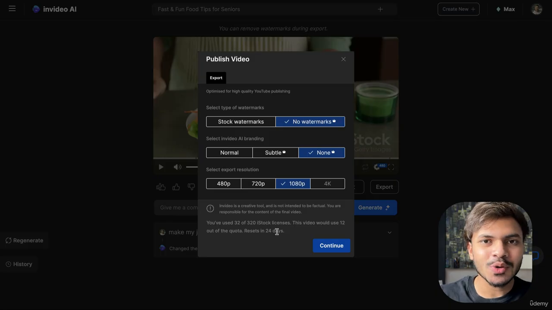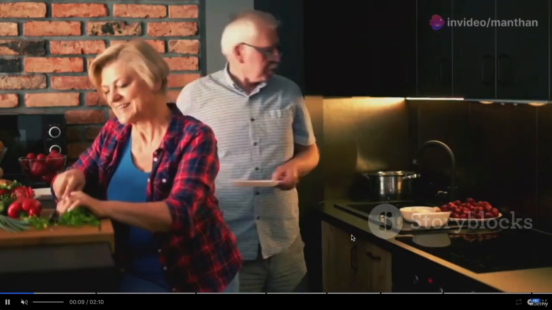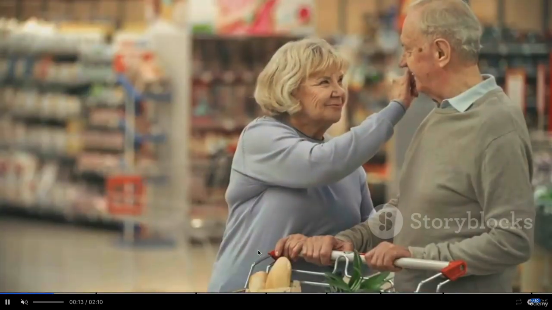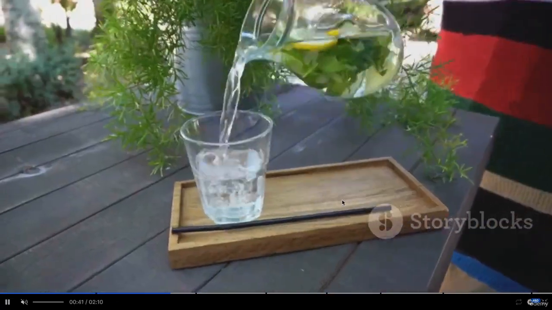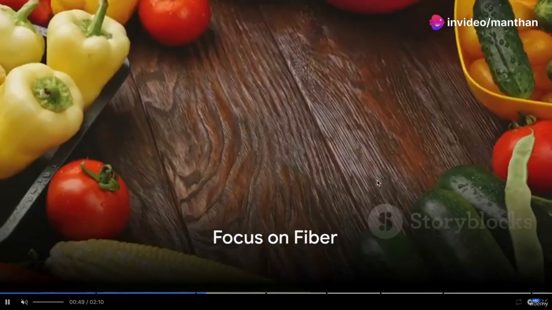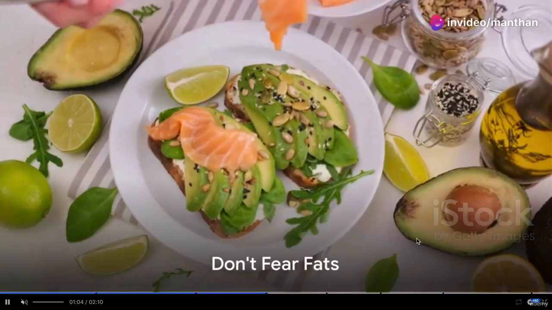But before we export our video, let us look how this 12 iStock license are being counted in our video. So this is the first iStock media, then second, then third, then fourth, then fifth, then sixth,